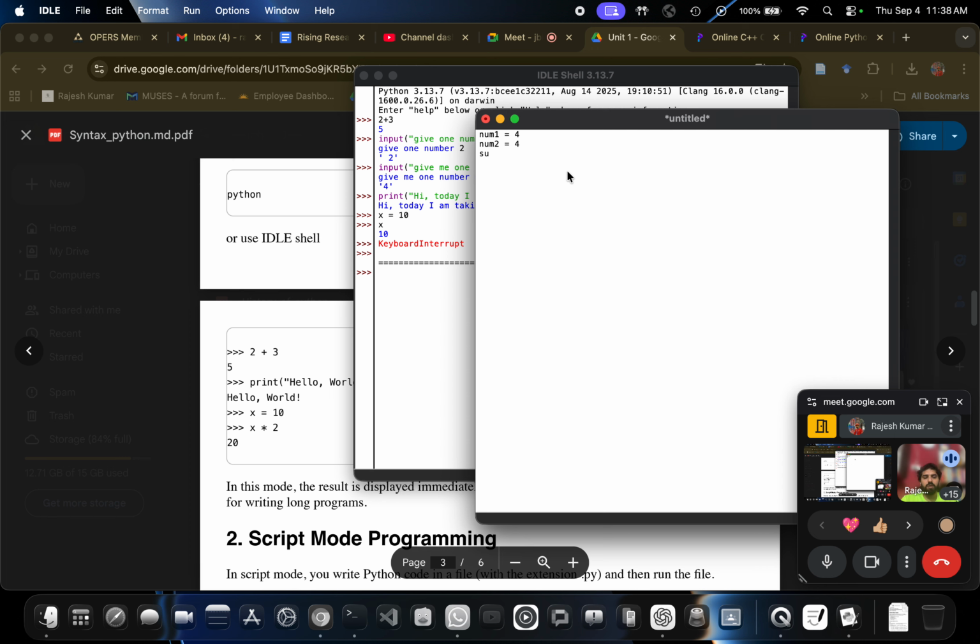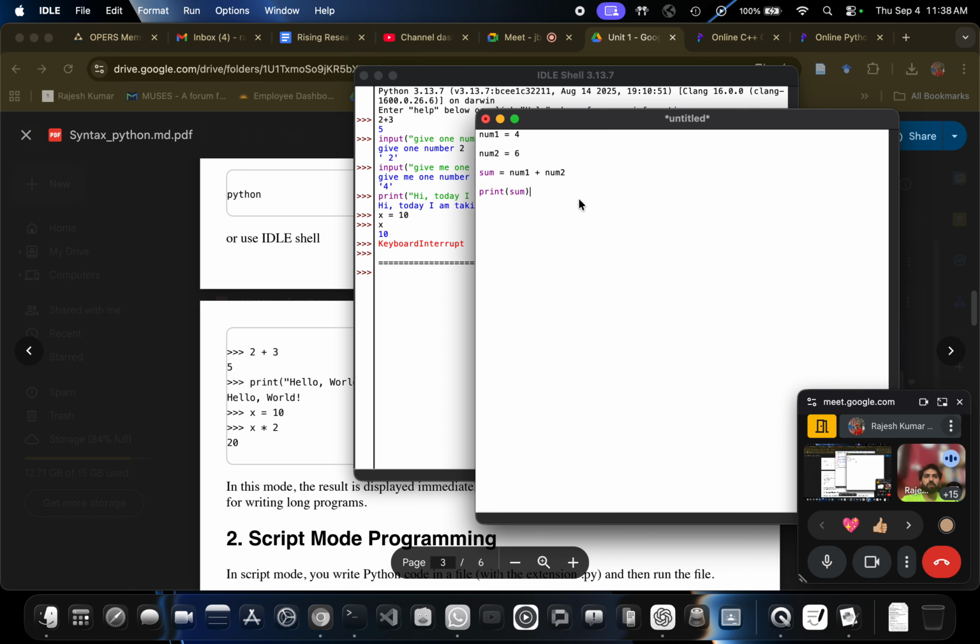Then I will sum these two here, num1 plus num2. There is no need to put spaces here; I am putting them just to differentiate between the two things, otherwise it will be clumsy. Let me write some other number instead of 4. So there is sum equals num1 plus num2, and I want to print my sum.